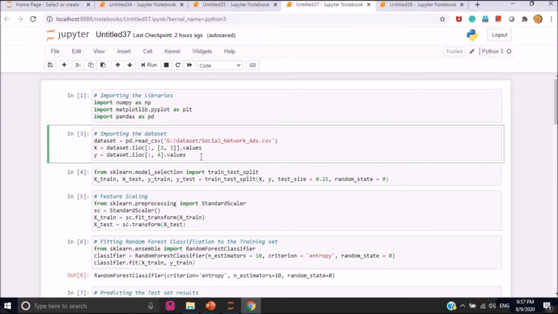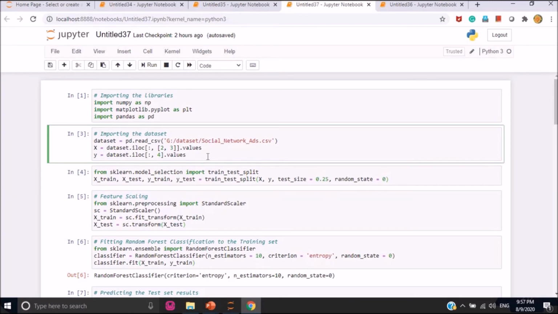So here age and estimated salary are your independent attributes, so we'll put them into the feature matrix, and the purchased column is your dependent variable vector, so we'll put that here.